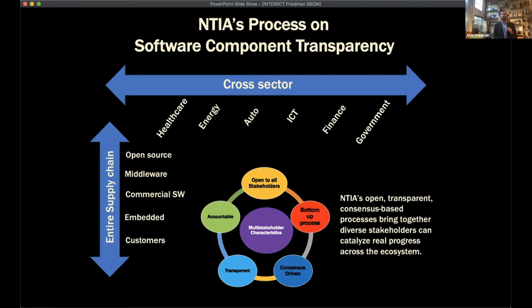So first, the key priority was this had to be cross-sector. And that's one of the reasons why it's in the Department of Commerce as opposed to a sector-specific agency, like the folks who regulate energy or healthcare or things like that. Because the one thing we didn't want is to say, this is the solution for 5G networks, and here's a different solution for medical devices, and here's a third solution for power generation, because we all use the same software. So any solutions we have need to work across the sectors. Now, we can tailor the solutions to your specific needs. That's fine, and we're working on that.